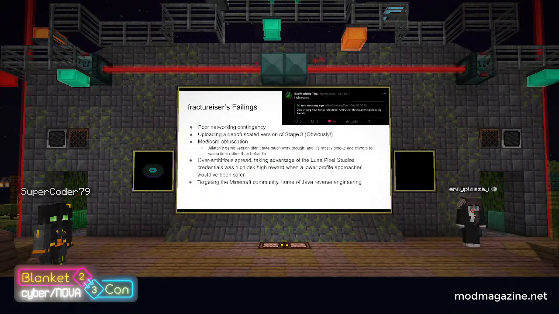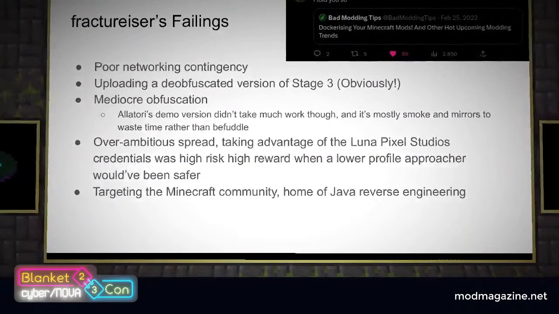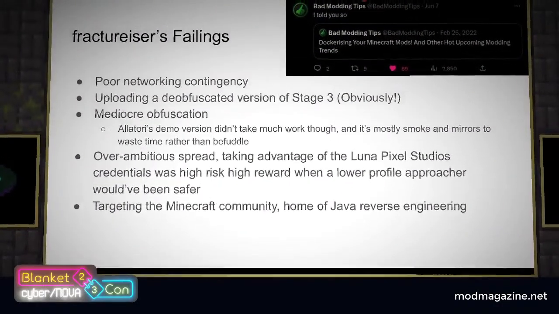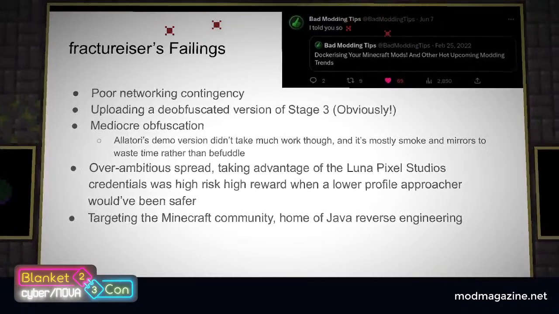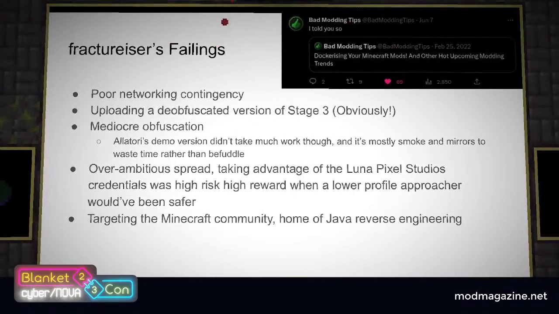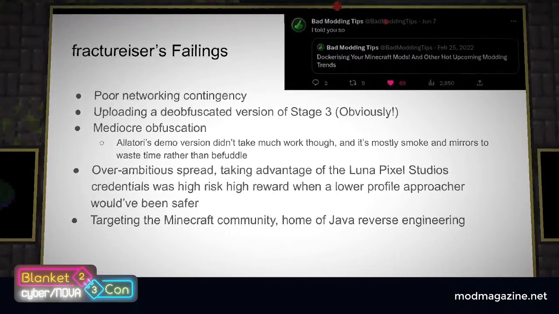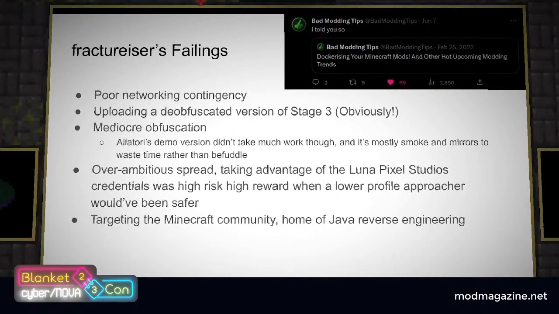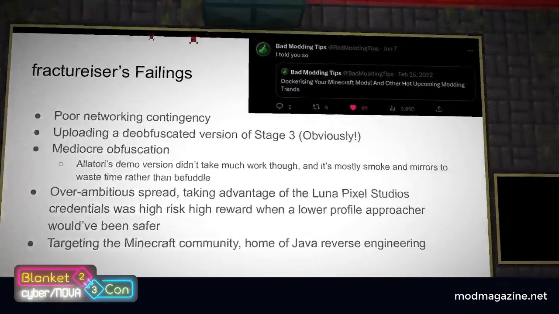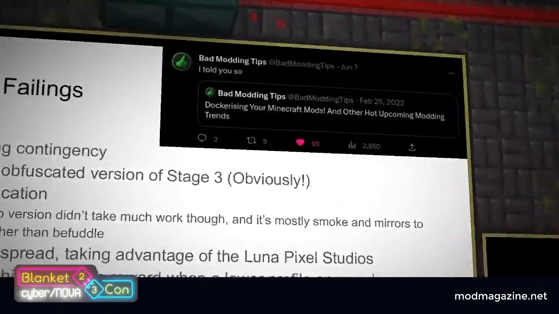Fractureiser, of course, failed. We managed to stop it, but it's worth discussing some of its failings to better understand how we stopped it and where future malware may improve. The most important point is the poor network contingency plans that were used. Stage 0 has a single hard-coded IP address to move the infection to stage 1.